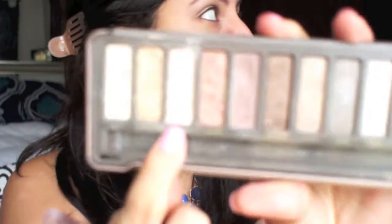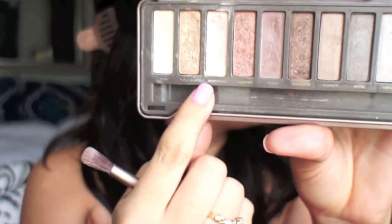And I'm using the Booty Call. This brush came with the palette, and it has a fluffy brush and a flat brush. I'm using the flat brush to apply the color under my